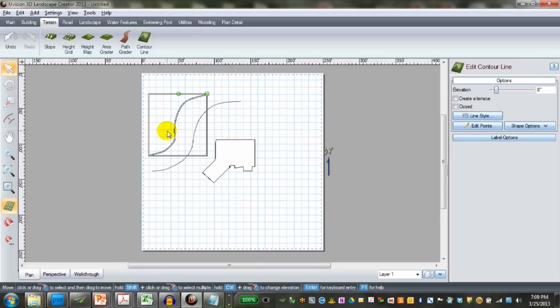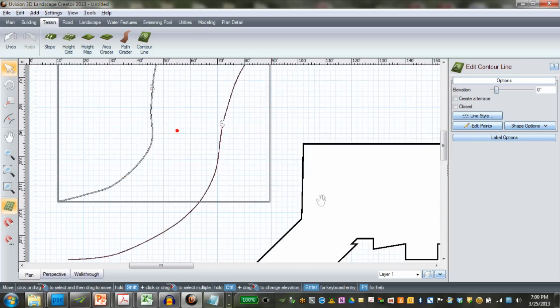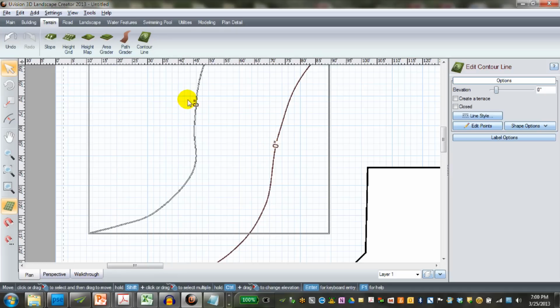And if I zoom in here now, you can see that they're both set at 0 inches. So if we go to the second one and highlight that one, and we change our elevation over here on the right to 24 inches,